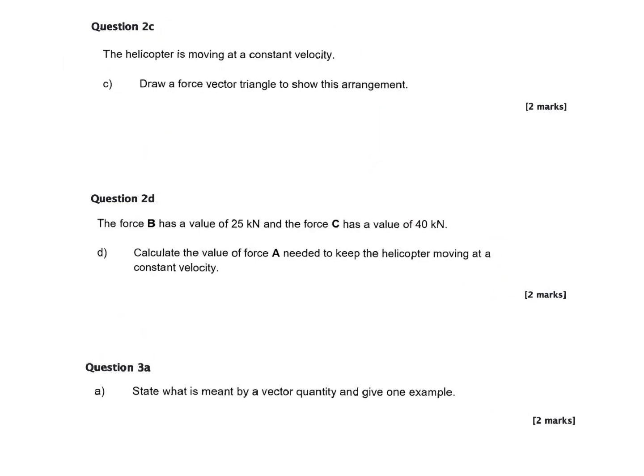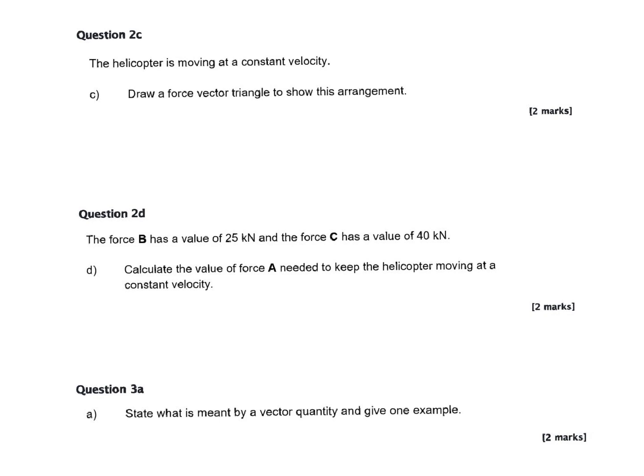Question 2c. Our helicopter is moving at a constant velocity. So if it's going at a constant velocity, that means that the forces are balanced. We will learn a little bit more about that in a later topic. Draw a force vector triangle to show this arrangement. So you'll want to flick back, have a look at figure 1 and try and work out how you can draw those arrows so that